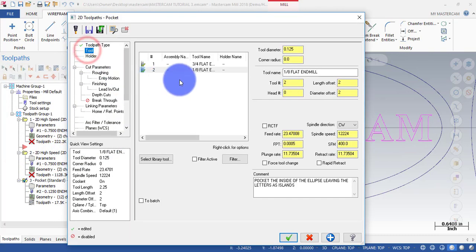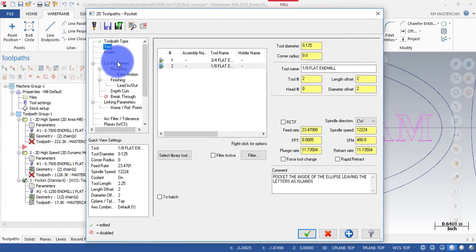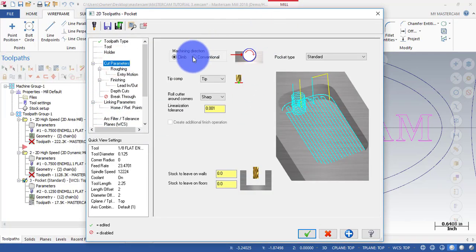Our tool will be a 1/8 flat end mill. Make sure the comment will be pocket the inside of the ellipse, leaving the letters as islands. So we're just going to keep pocketing and leaving the letters as an island in the middle of the shape. Okay, so our cutting parameters will be, of course, climb, pocket type standard, and then this should be all